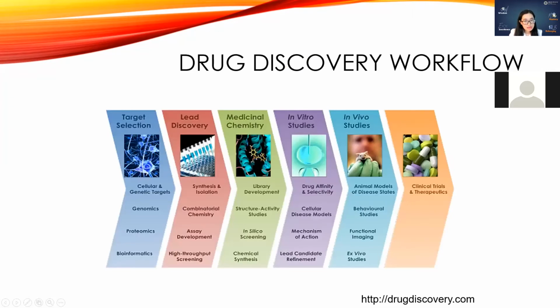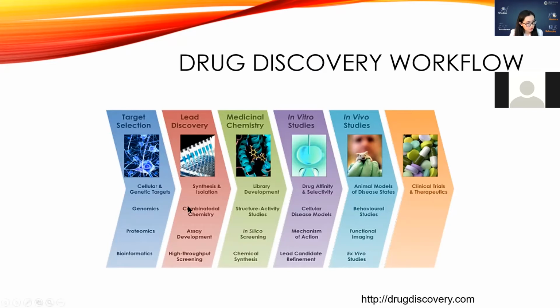Okay, this class is on drug discovery. Drug discovery is a multidisciplinary research field. It comprises several steps and several fields of expertise, starting from target selection, lead discovery, medicinal chemistry. First, we need to start from having a cellular target or genetic targets, and then combine the fields of genomics, proteomics, bioinformatics. These fields will lead to the target, and the target will undergo combinatorial chemistry screening, where they